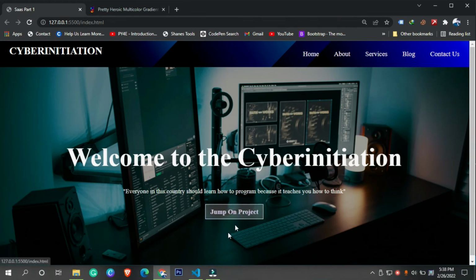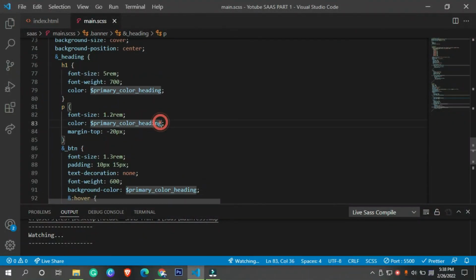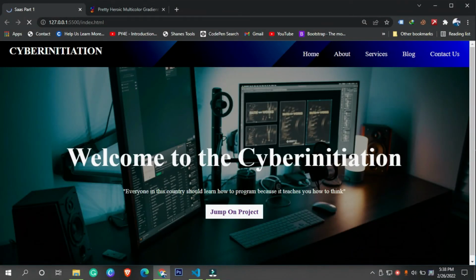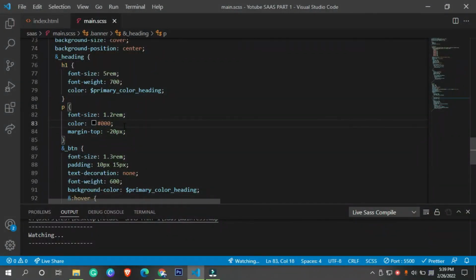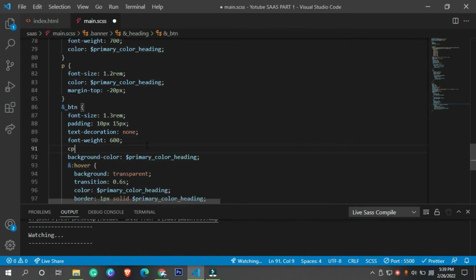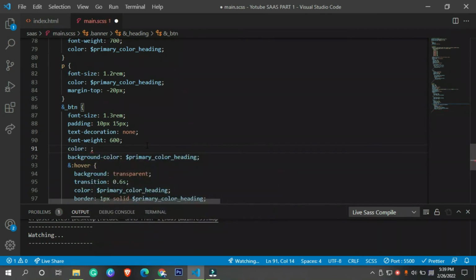And we can also change the color of this thing. So let me add a color right here, black. Sorry guys, I don't know what exactly I'm doing, I'm just a little bit distracted. I need to add this color inside the btn, not inside my paragraph tag. Sorry about it. So let me add this color right here, and we are finished with it. Seriously, we are done with it.